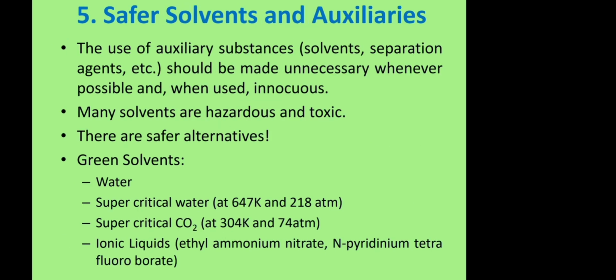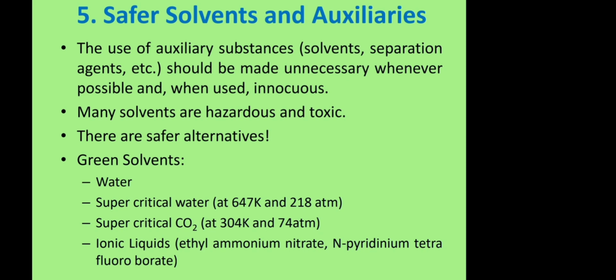One, safer solvents and auxiliaries. The use of auxiliary substances like solvents, separation agents, etc. should be made unnecessary whenever possible, and innocuous when used. Many solvents are hazardous and toxic. There are safer alternatives for the solvents. We have some green solvents like water, supercritical water at 647 Kelvin and 218 atmosphere, and supercritical CO2 at 340 Kelvin and 74 atmosphere. Later, ionic liquids like ethylammonium nitrate,